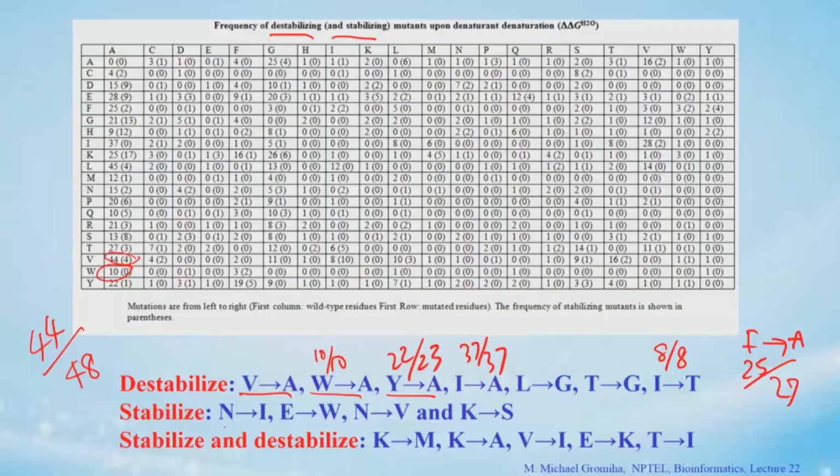Likewise, if you see the stabilizing mutations, for example N to I. What is the case of N to I? 2 out of 2. There are only 2 mutations, and both of them are stabilizing. What is K to S? There is only 1, this is 1 by 1. Any other stabilizing mutations? E to W, 2 out of 2, both are stabilizing. But the numbers are very few because